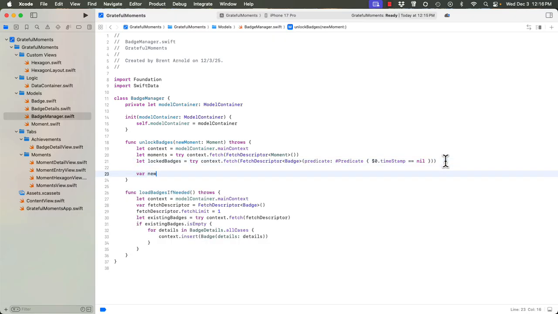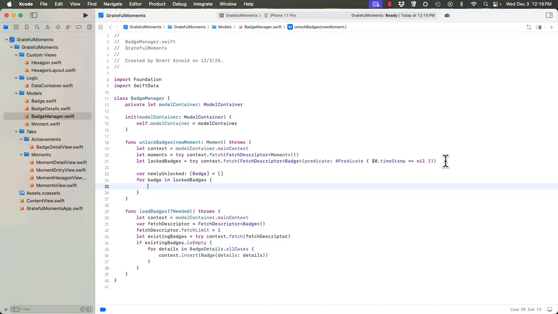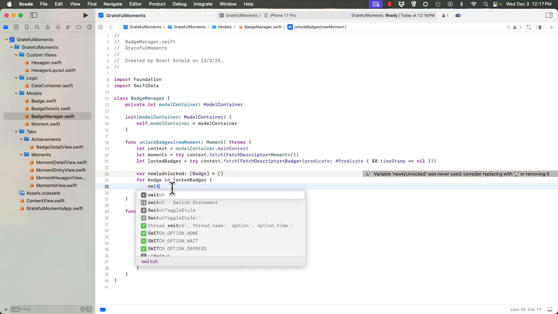So we're going to say var newlyUnlocked, and this will be an array of badge objects, equals, so we have an empty array. And then we're going to loop through. We're going to say for badge in lockedBadges. Then we're going to do some things here in order to check the locked badges, and based on the moments, we will see if we've earned and can unlock a badge. We'll do a switch, and we're going to switch against the